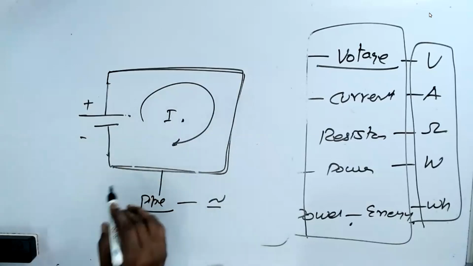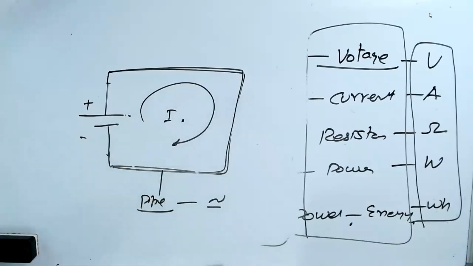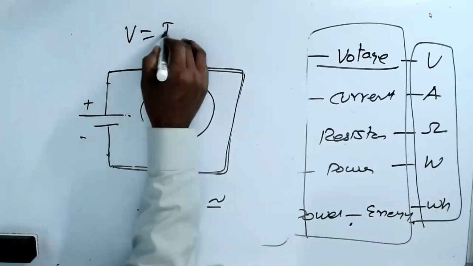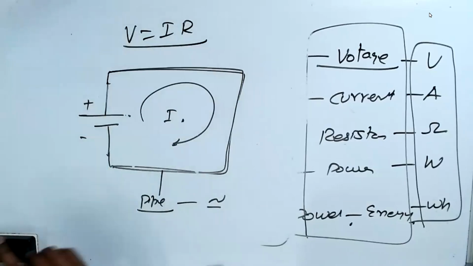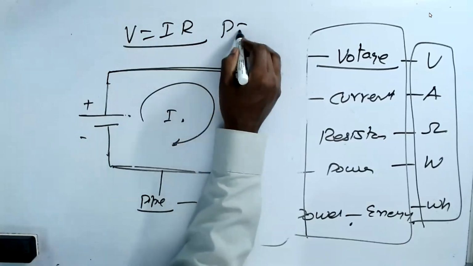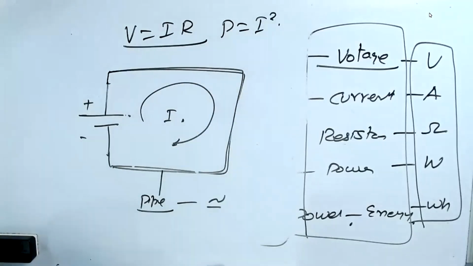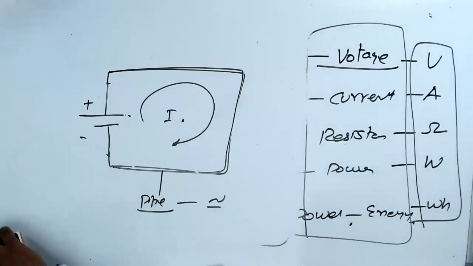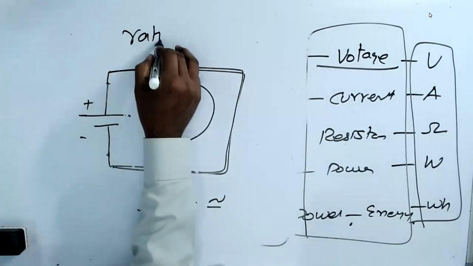That is what we're going to discuss in the next session. I'll explain in more detail next session. Since we have not discussed more about V equals IR, we are going to do that. Next session, we are going to do the relation between P equals I squared R. I'll explain exactly what is called the rating. This is very important.